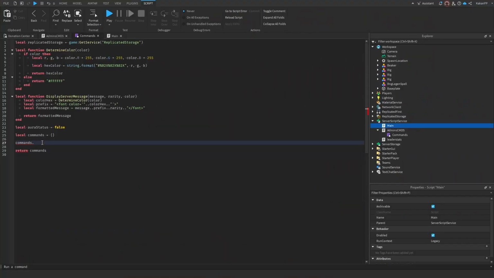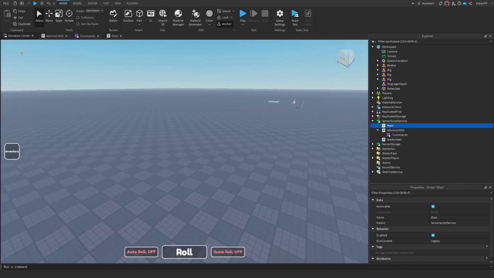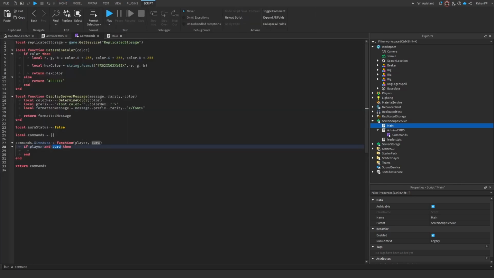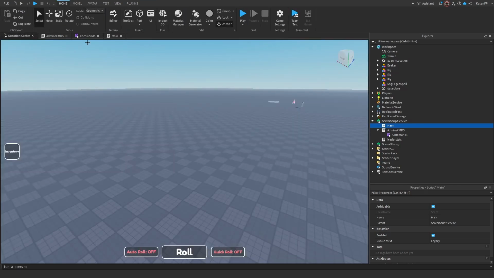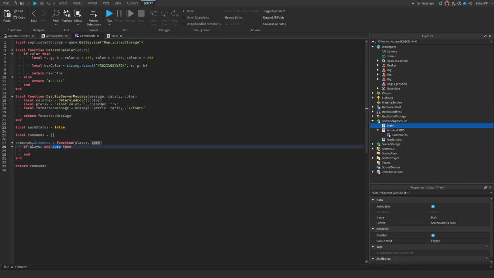So depending on what name you want the command to be, paste it here. My command is going to be called give aura, and give aura will be a function where we're going to pass through the player and the aura. We check that we have the player and the aura, because if we are not checking, then someone, for example, types nothing in the chat, or they just type one letter, then this is going to